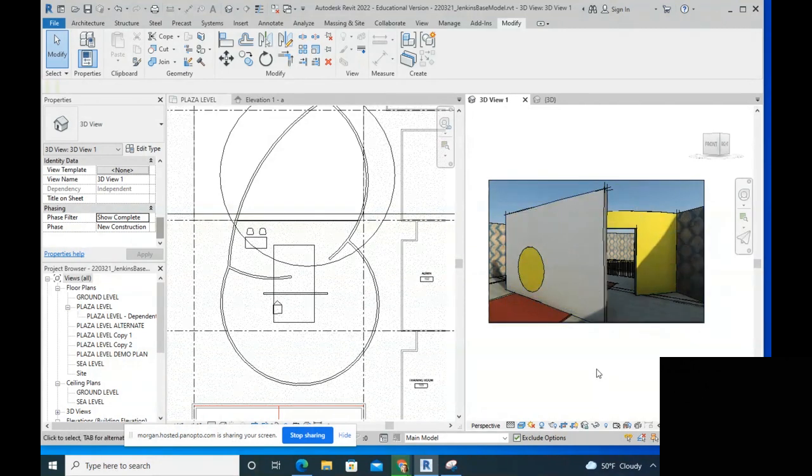And so that'll change everything that is generic 4-inch wall to that color? Yes. Okay. So if you don't want to do that, you can use the paint tool instead, or if it's just one wall, you can duplicate the wall type and change the material in that wall type. Okay, so once we're happy with this,